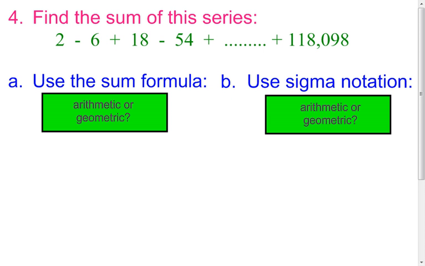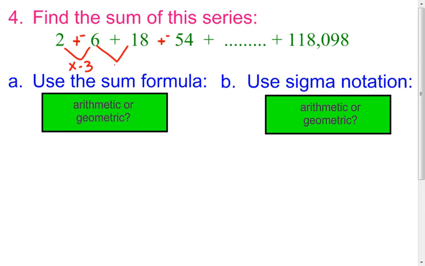All right, here's another sequence, or series actually, because I'm asking you to add. I want you to be aware that I know I have subtraction in there, but that's the same as adding a negative. So I can change these things to adding a negative. So if I have to think about this, am I adding or subtracting to get to the next number, or am I multiplying or dividing to get to the next number? And in this case, I will actually multiply by negative 3, and then